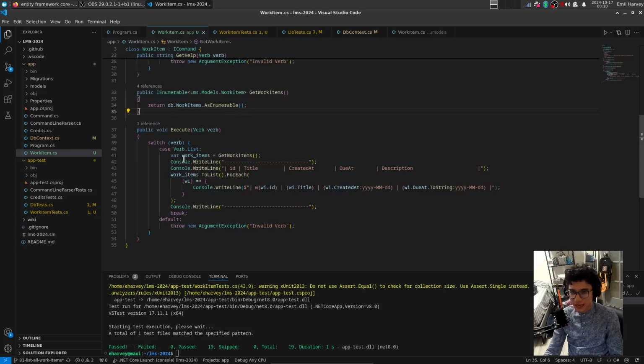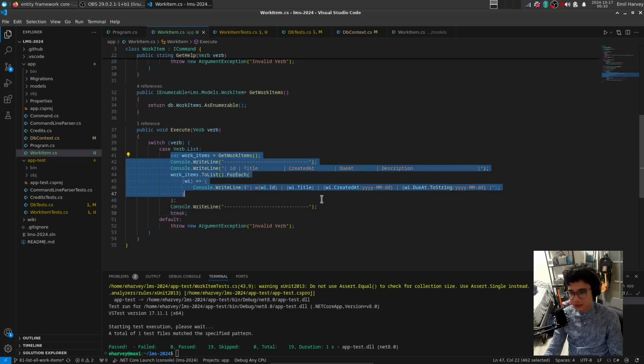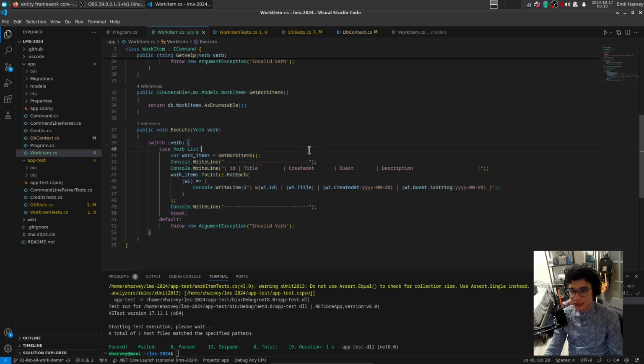kind of spending a lot of time. I'm not going to worry too much about this code. So this code will remain untested. But what we can notice here is that it's getting the work item, so we know this to be correct, and console write line is very straightforward, and as also that's, if you look here, this looks to be fine, and we notice we use this fancy for